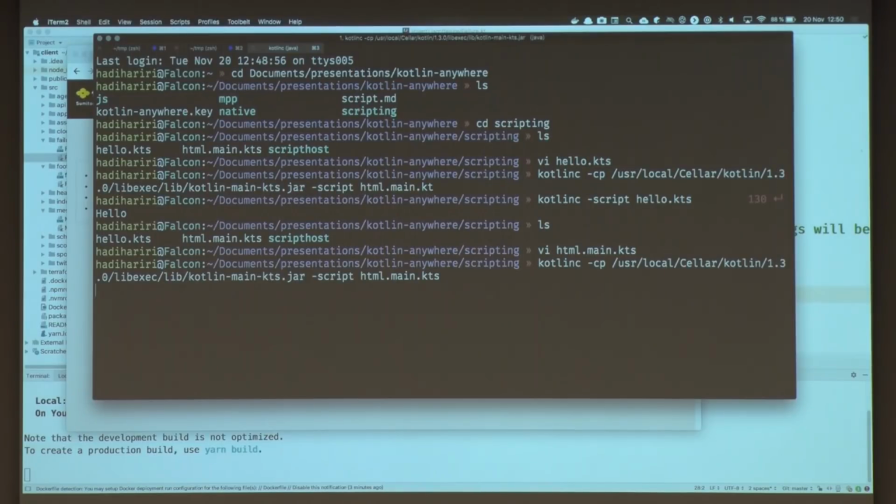Now, right now, of course, what's happening is that it is compiling this the first time. But we are improving the scripting support and providing caching, etc., to make things a little bit faster. In fact, there's a community project called KScript, which already provides a whole bunch of additional features in terms of scripting. But imagine that we can combine this also with Kotlin Native, and that provides us with even more